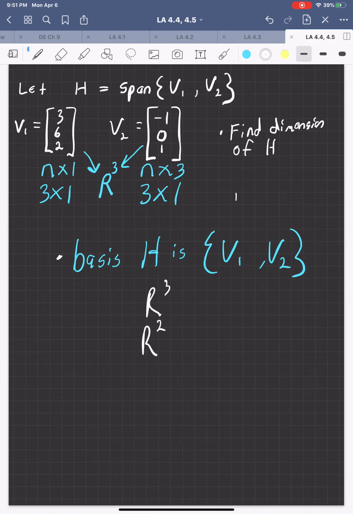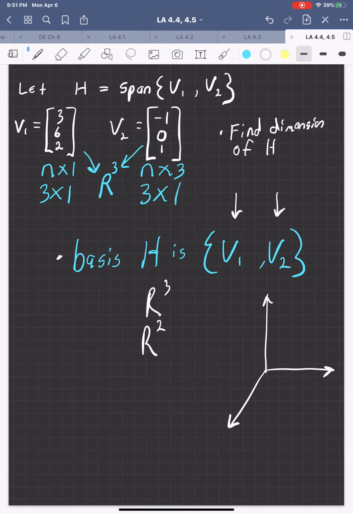We only have 2 vectors. Yes, it is true each vector is in 3-dimensional space, each has a length, width, height, if you will. But because I only have 2 vectors,